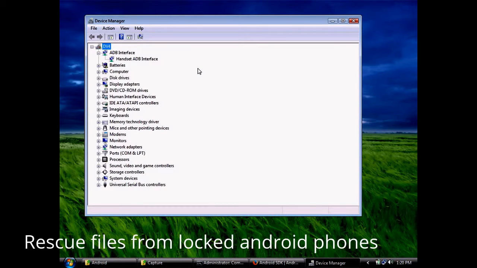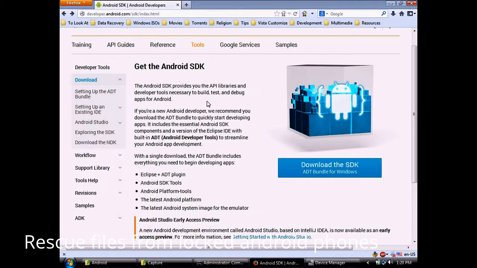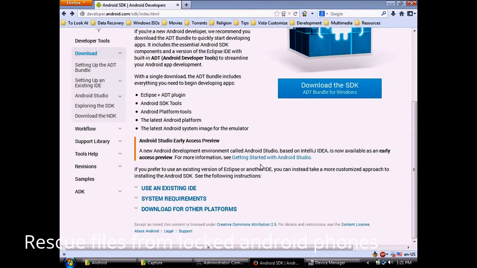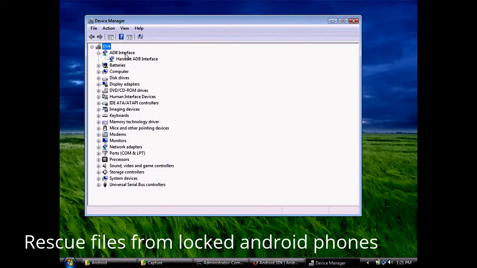And to do that, we need a program, an executable called ADB, which I can't remember what it stands for, but it's part of the Android Software Development Kit. You can get it if you go to developer.android.com/SDK, and it's called the ADT bundle. I've got it downloaded here